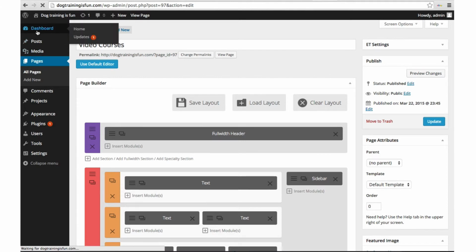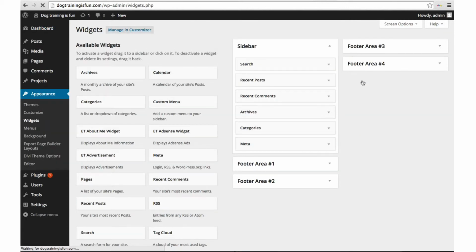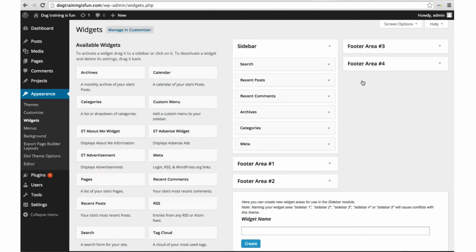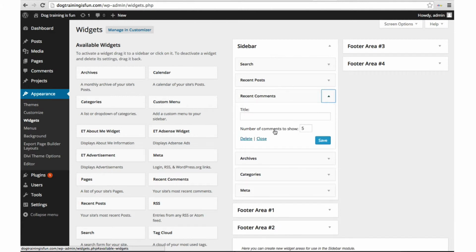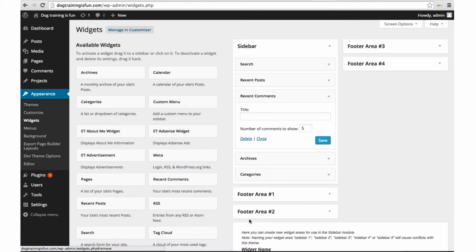Okay, let's go back to our dashboard. Just want to briefly discuss widgets. So widgets are like little areas where you can add pieces of functionality ultimately. So you'll see here that you could add some functionality in your sidebar. So I showed you this sidebar before. You can actually edit that. For example, you might decide you don't want to have a recent comments section in there, so you might delete that. I actually don't really want this meta section there, so I'm going to delete that, so that'll update in